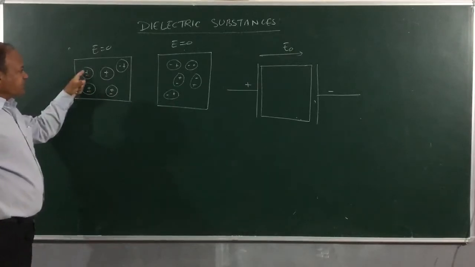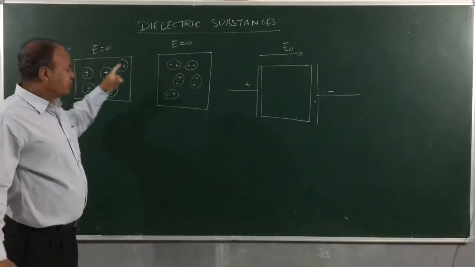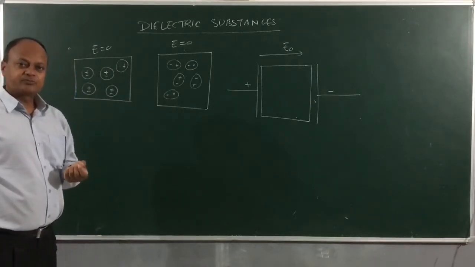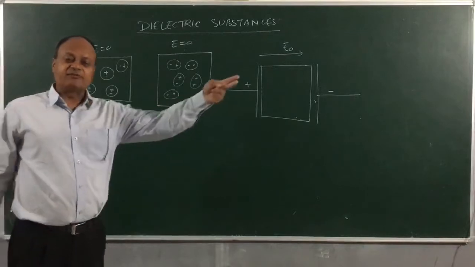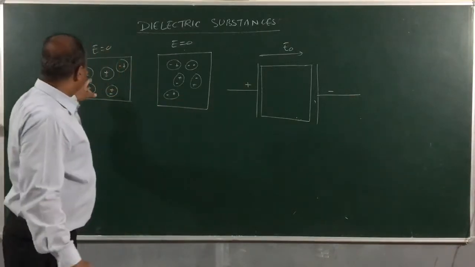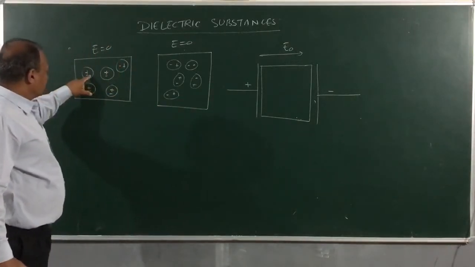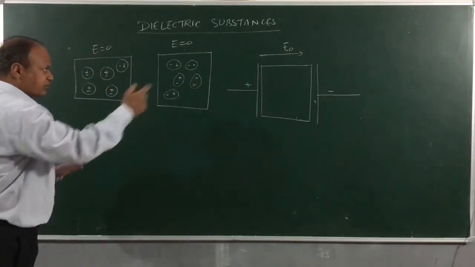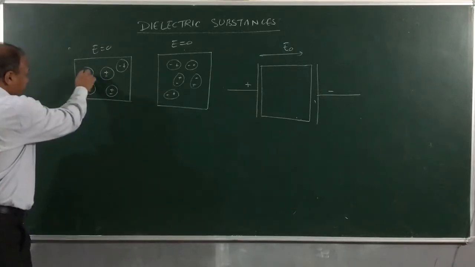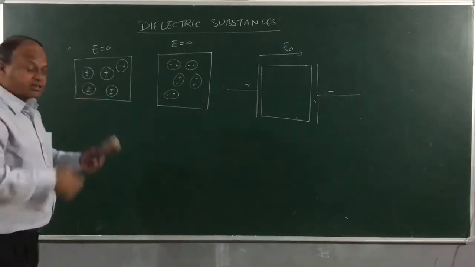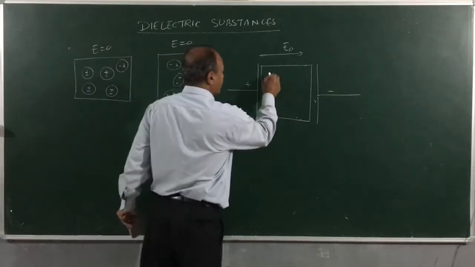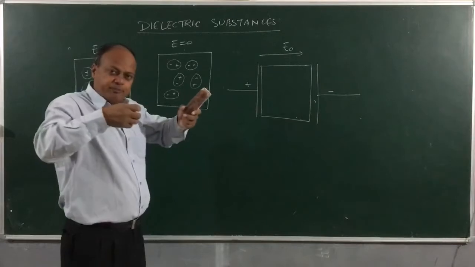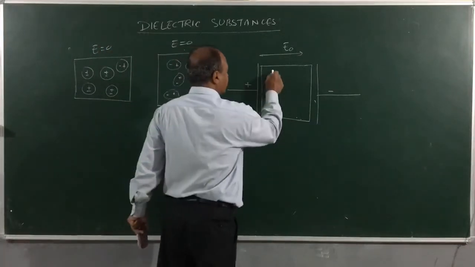That the positive charges in both the cases, they have a tendency to move in the direction of the electric field. So this positive charge will move to my right, for example, and this negative charge will move away. So the molecule in which these two centers were coincident will be elongated now, it will be pulled, like you are given a ball and you hold it in your hands and you pull it, so it will be elongated, it will become something like this.